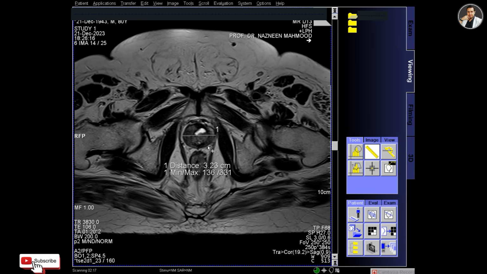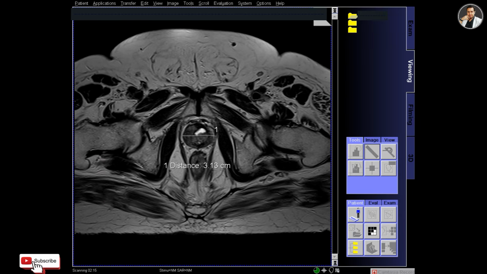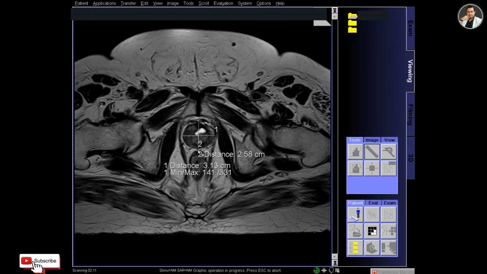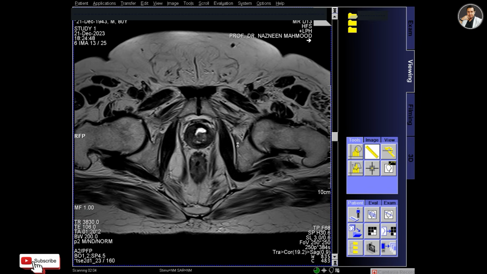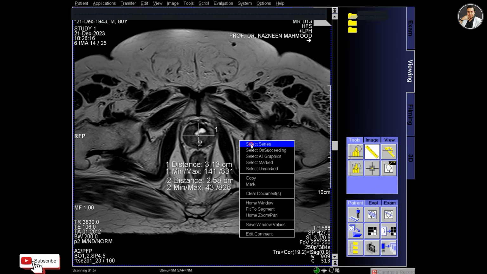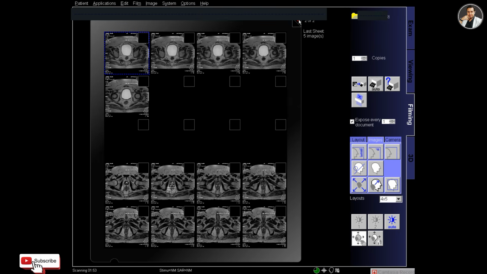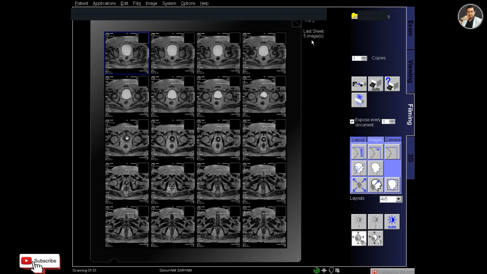I'm using the measurement tools, and the length is 2.5 centimeter. So it's better to give a measurement of the prostate, and it will help the radiologist a lot to find out any enlargement of the prostate.